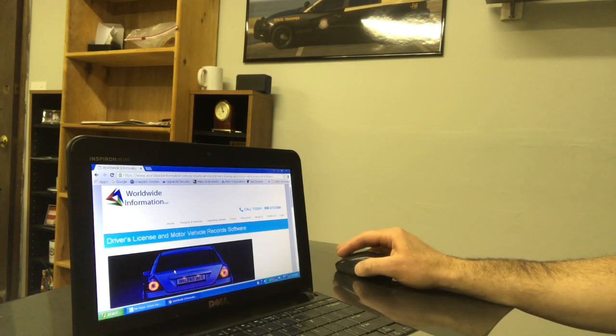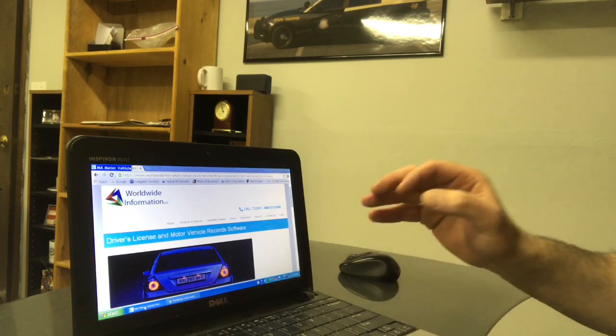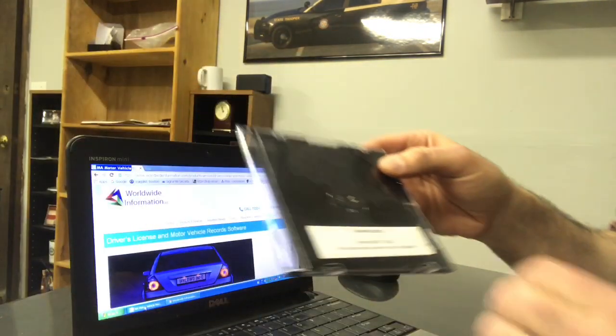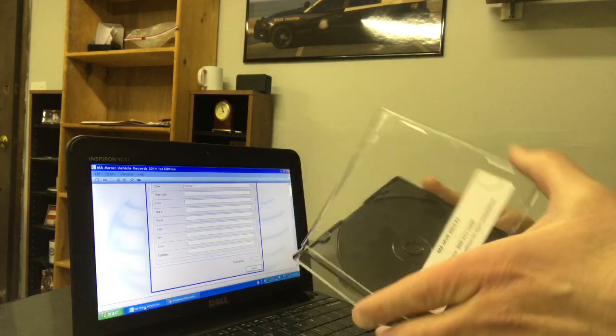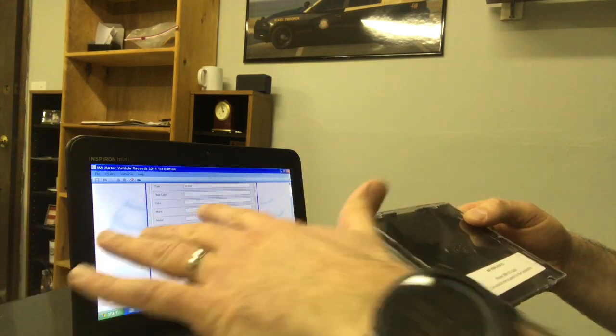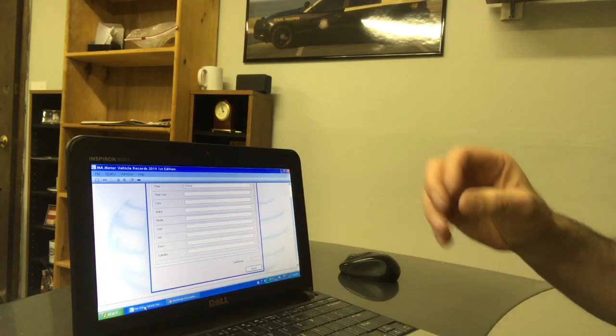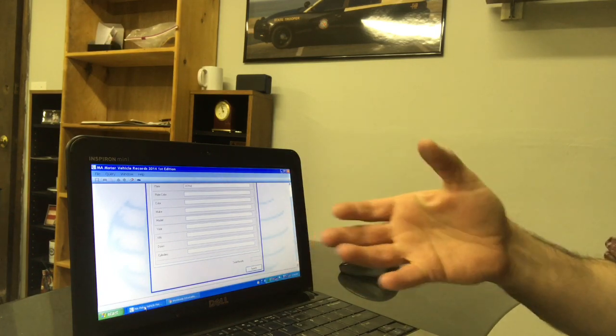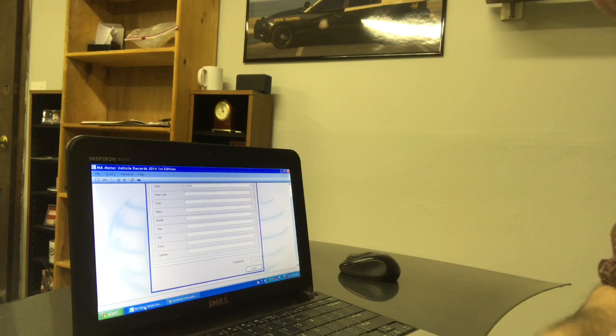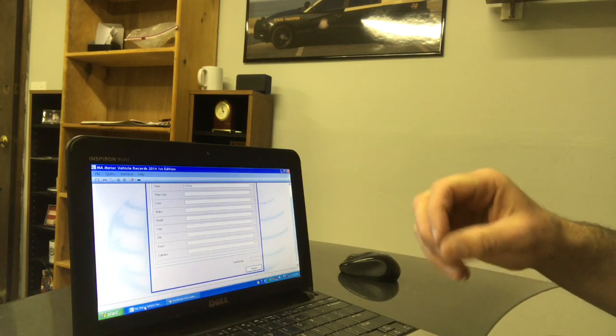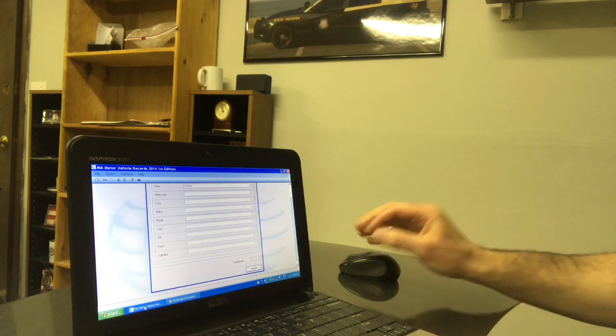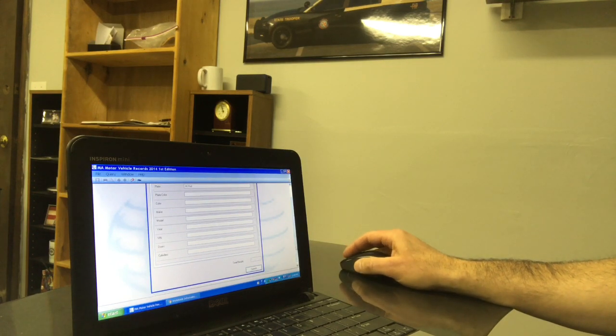And one of the things I like about Worldwide is they provide discs that come in a little case like this, and you download the system into the hard drive, and what it does is you can run license plates without a search-by-search fee. Most of the other companies will charge you a fee every time you run something. But the unique thing about Worldwide is they give you the disc and you run as many searches as you want,